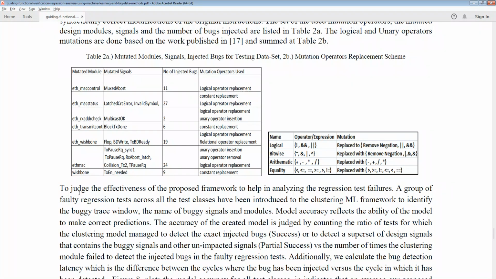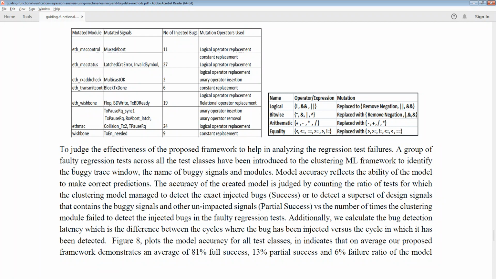We judged the effectiveness of the proposed framework in helping to analyze regression test failures. A group of 40 regression tests across all the test classes was introduced to the clustering ML framework to identify the bug trace window, and the names of the bug signals and modules. Module accuracy reflects the ability to make correct predictions. The accuracy of the created module is judged by counting the ratio of the tests for which each clustering module managed to detect